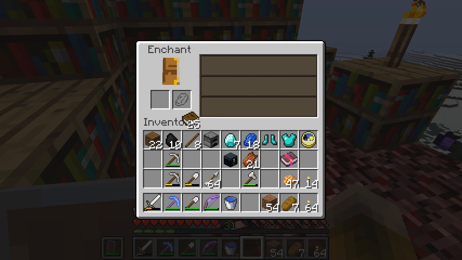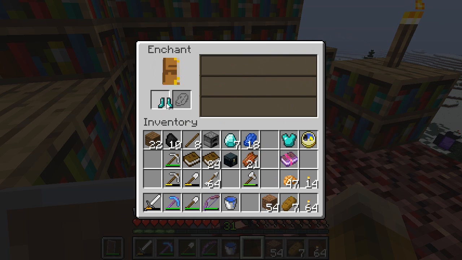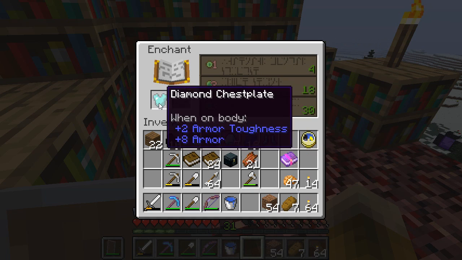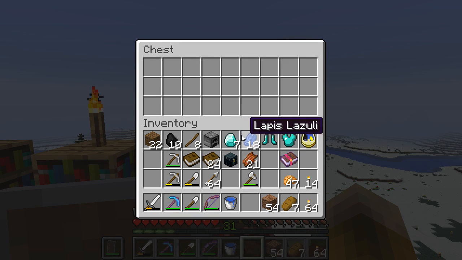Also has fire protection. And so now I can get Sharpness 3. I can get Fire Protection 3. Or I could get Thorns 2 again. Is there anything else that I want to enchant? I don't know what there is right now. I'm happy with the bow. So I think what I will do...